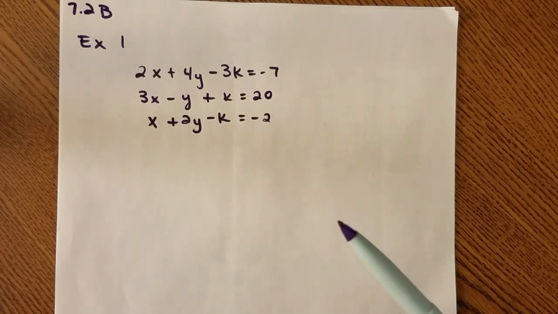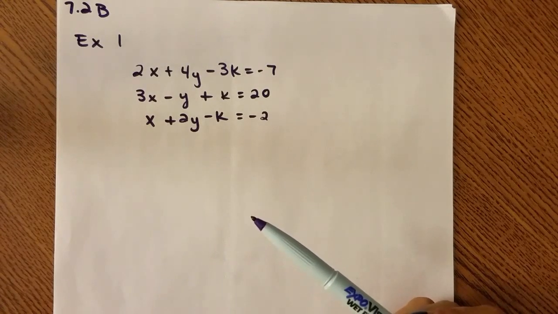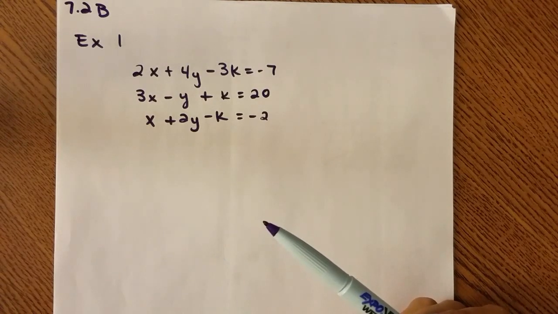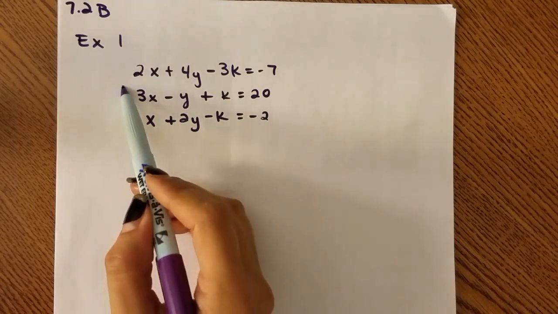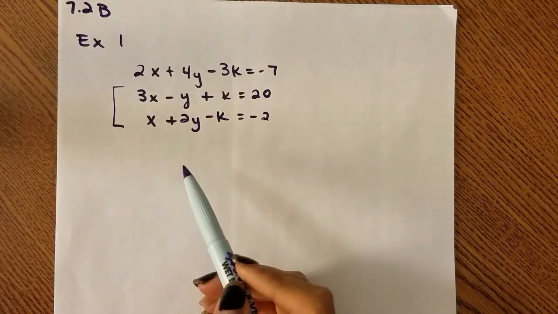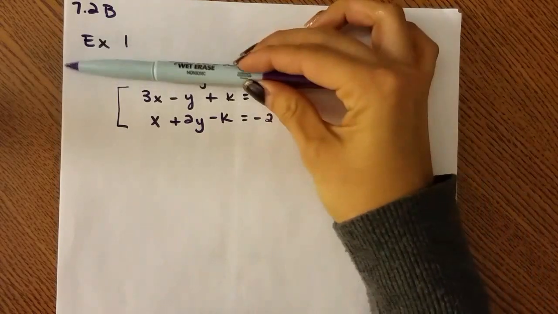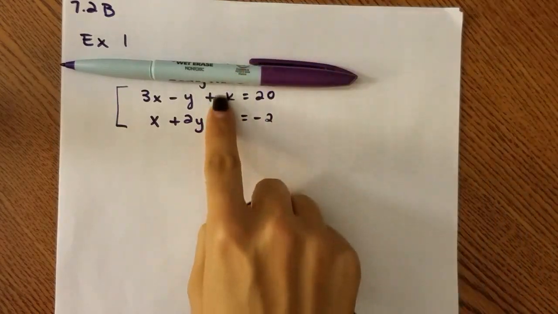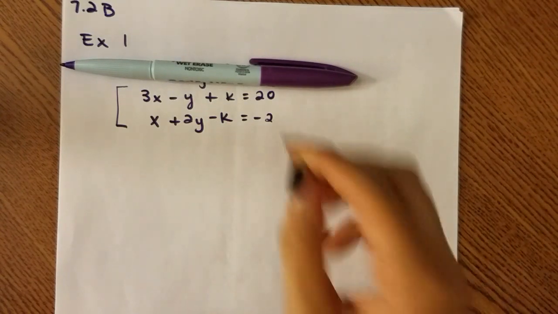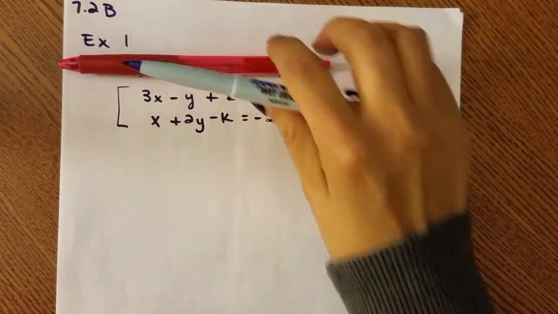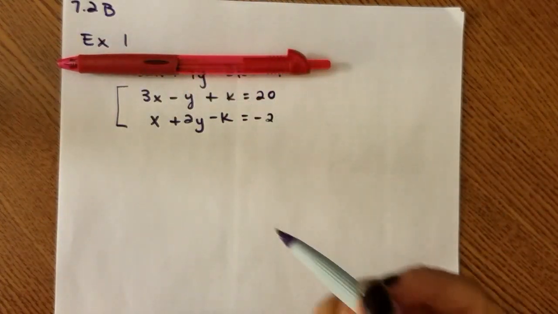What you want to look for in selecting the first one is whichever variables can be easily eliminated or substituted for. So if you're looking at these, I'm actually going to take these bottom 2 here, because if I look at this system, I can use elimination here to create a system in 2 variables. So that's what we're going to do. I'm going to cover this up so it doesn't confuse you. And I'm going to eliminate